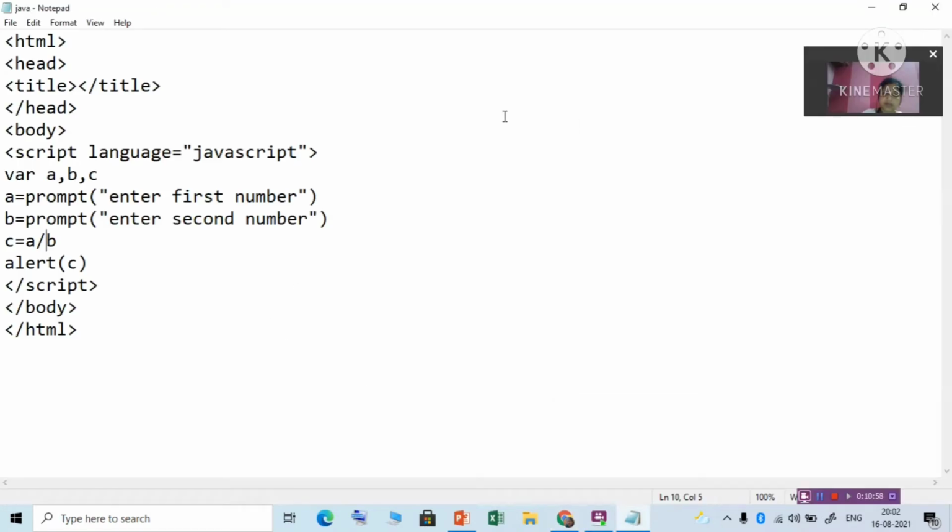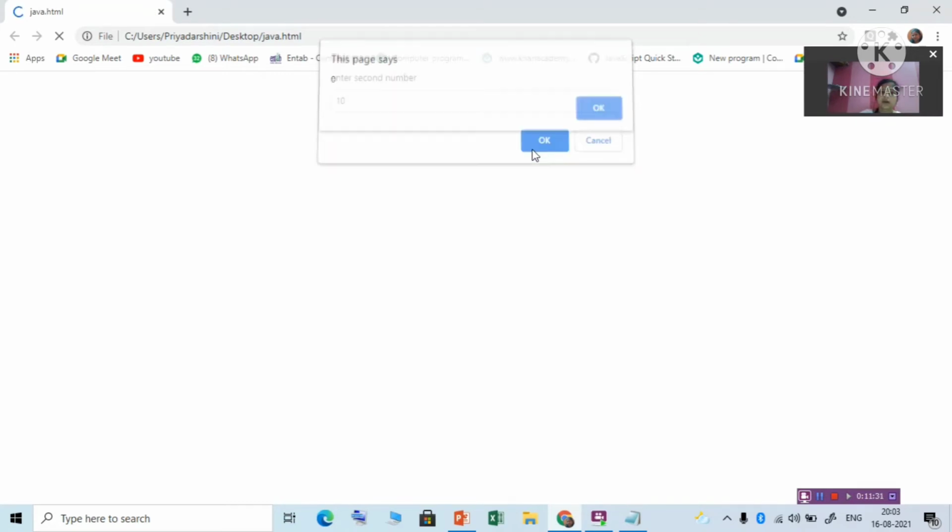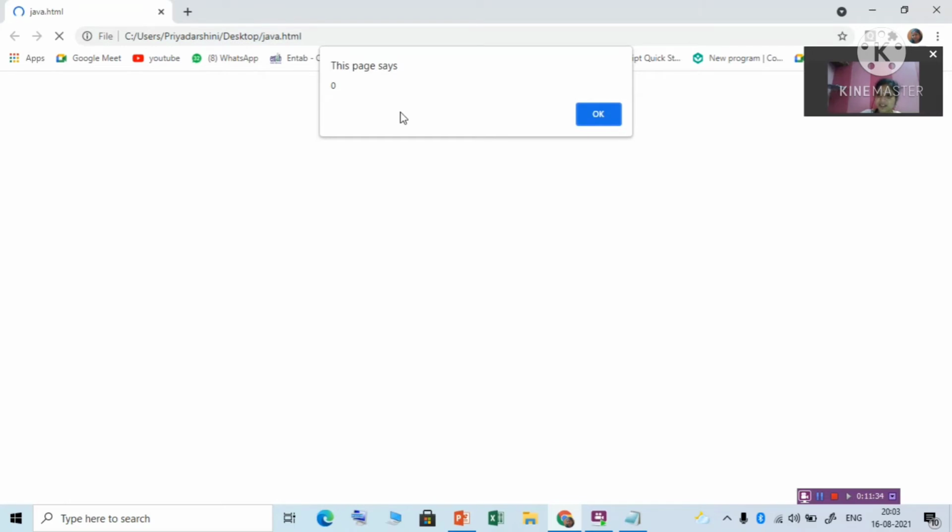Similarly, another operator is there, that is known as your modulus operator. Actually, this division operator gives us the quotient. But instead of this division operator, if we use this percentile symbol, it is stated as modulus operator. And what is the function of this modulus operator? It will store the remainder instead of quotient. Let us see. Hundred. Second number, suppose I have given 10. You can see the value 0 because the remainder is 0, so it shows 0.